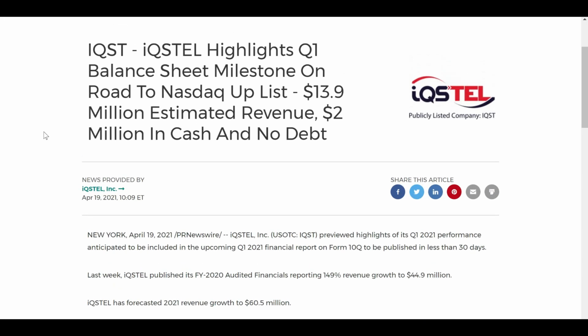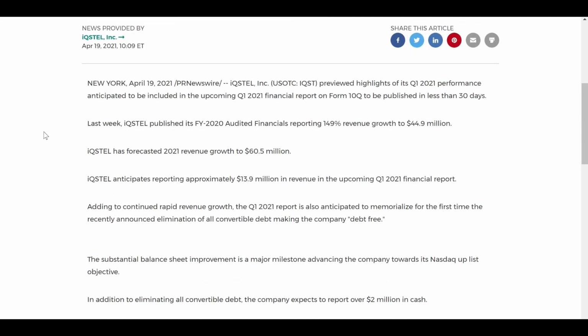So as you can see, IQST highlights Q1 balance sheet milestone on road to NASDAQ uplist. So $13.9 million estimated revenue, $2 million in cash, and no debt. Now this is great, and this is exactly what we want to see from a small company like IQST that's looking to grow. So if we scroll further down, you can see last week it published its full year 2020